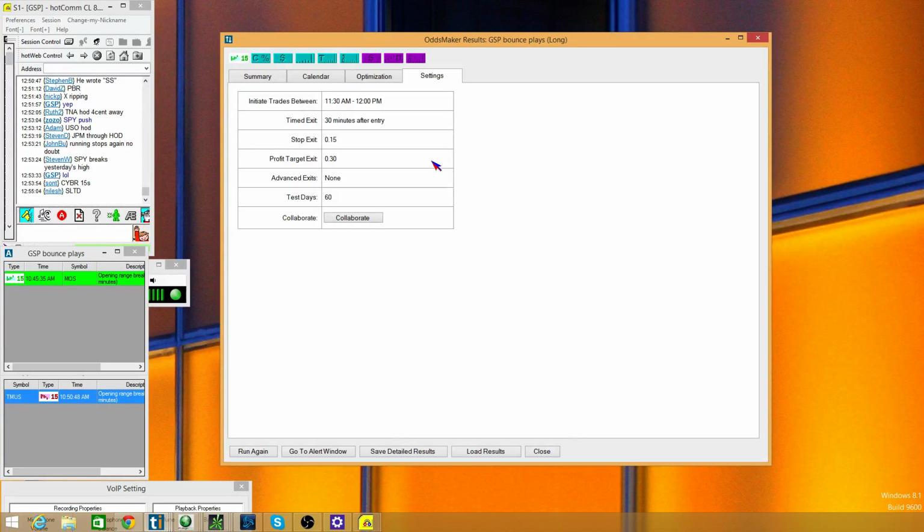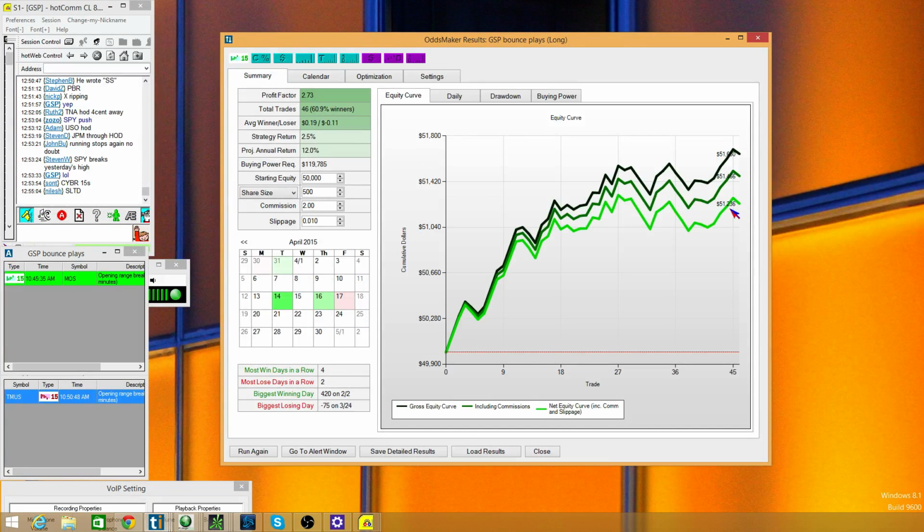Anything within the first half hour generated a lot of trades and a lot of losers. The further you push that back, the better it seemed to be. So again, the beauty of this is being able to take an idea you have in your head and just run through and say, okay, what happens if I did this for the past 2 months? And this is all I did, and doing this with 500 shares was about a $1,200 gain.